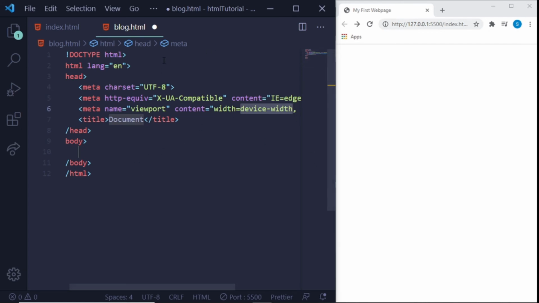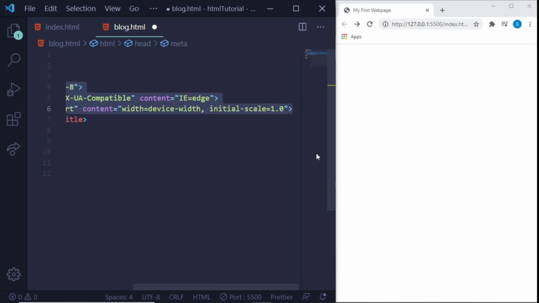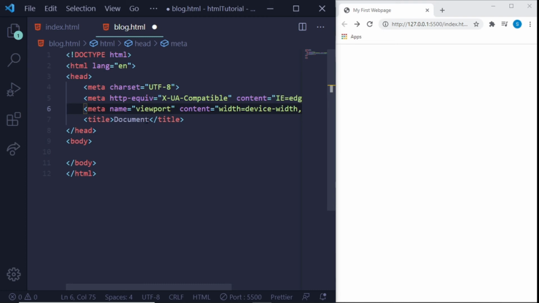So we don't have to first start by creating the doc type, and then the HTML, and then putting the head, and then the body, and even putting all these meta tags. It does everything for us. That's one of the great things about Emmet abbreviation and also VS Code, because it's so easy. And you can see it even put a placeholder, which is document. But instead, I'm going to put my